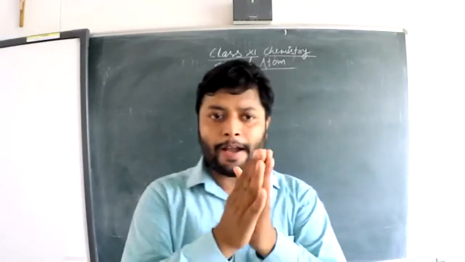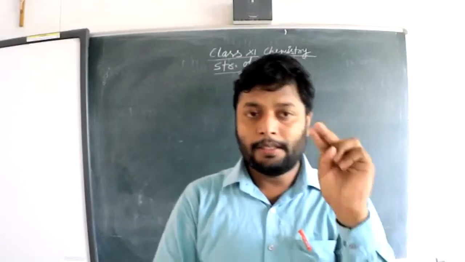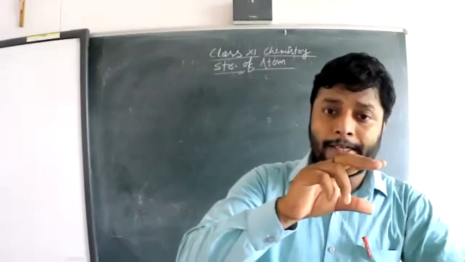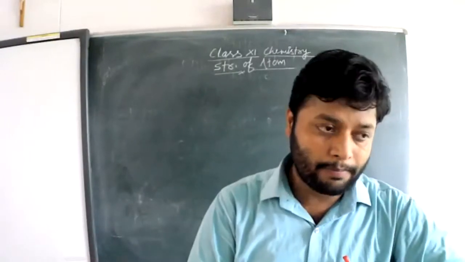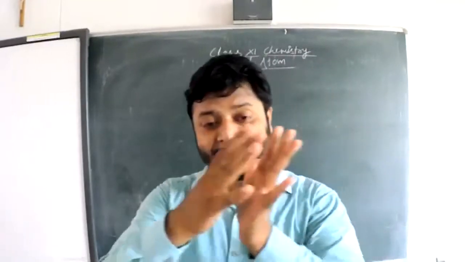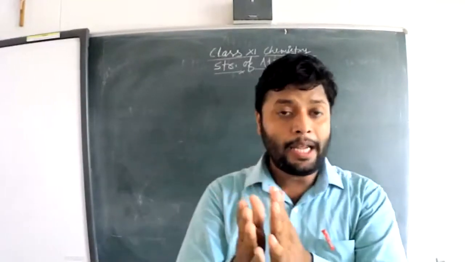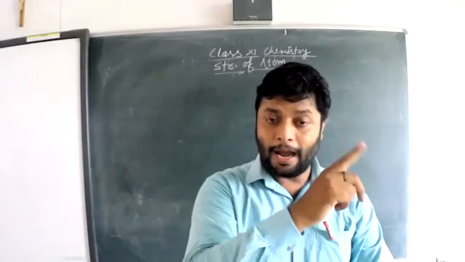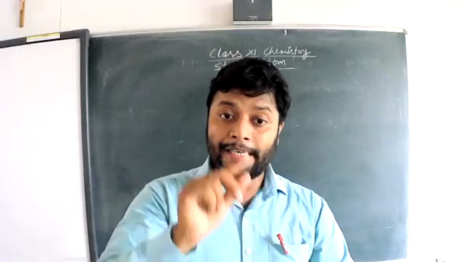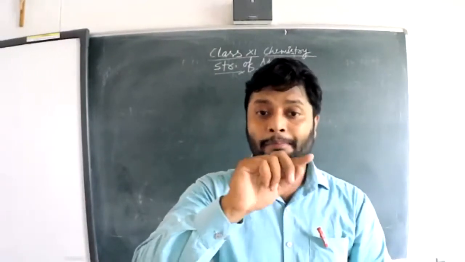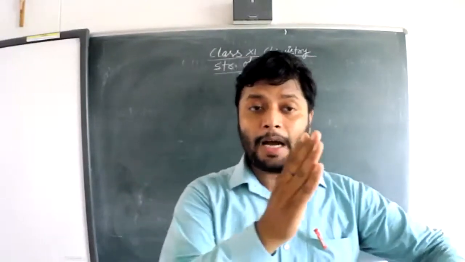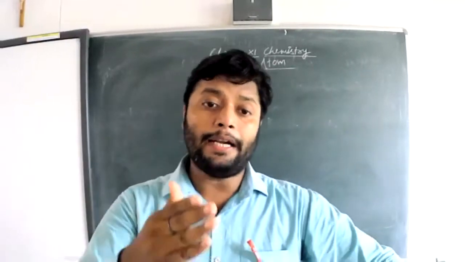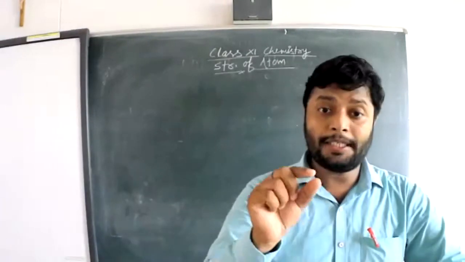This chapter is divided into two different parts. The first part covers the different discoveries, models and properties of the atoms: discoveries of the subatomic particles, the nucleus, and models of the atom in terms of the Thomson model, Rutherford model, Bohr's model, and lastly the quantum mechanical model.